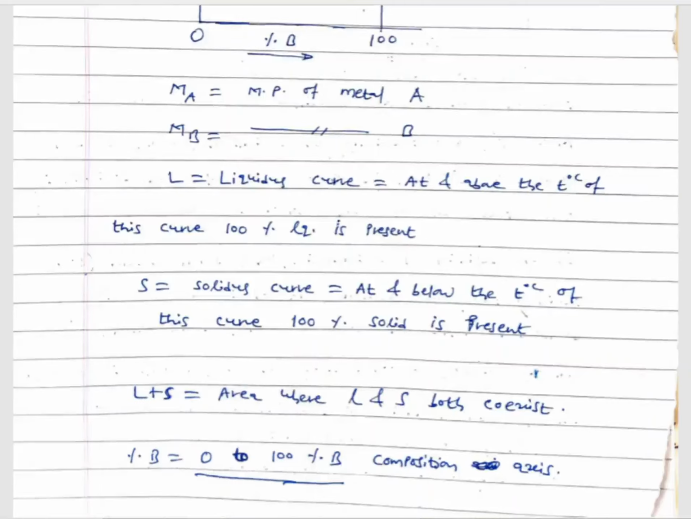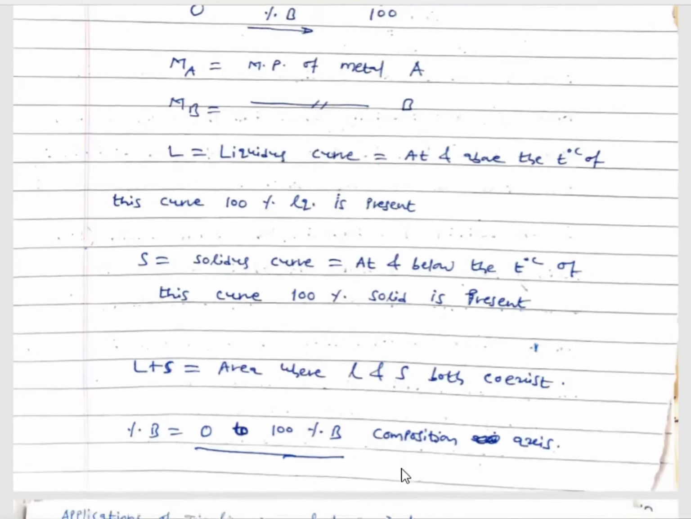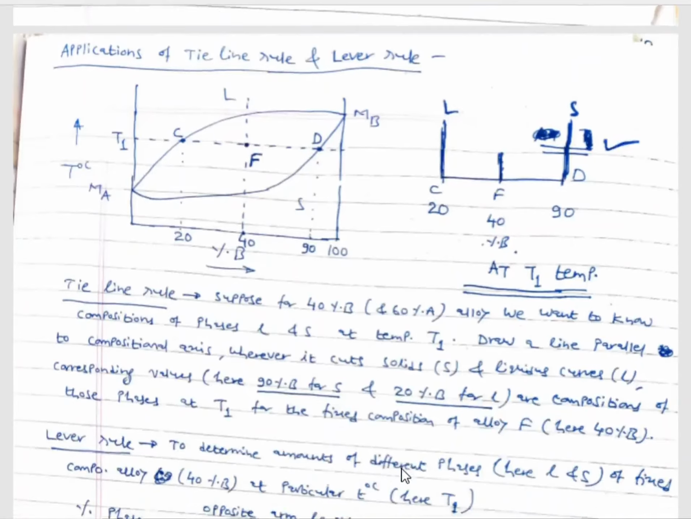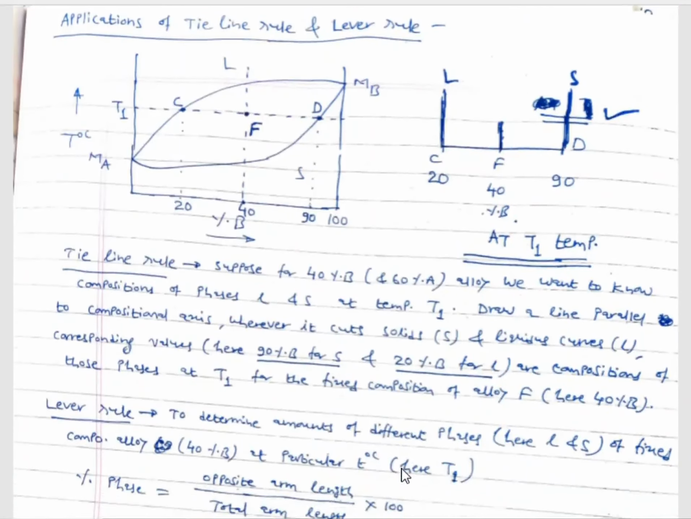Application of tie line rule and lever rule. So what is tie line rule and what is lever rule? In the isomorphous system, suppose